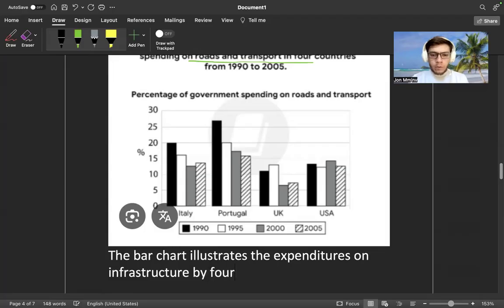By four. We don't use number form here in the intro. It's not recommended until 10. So if it's like 15, then yes, you better use a number. For countries,